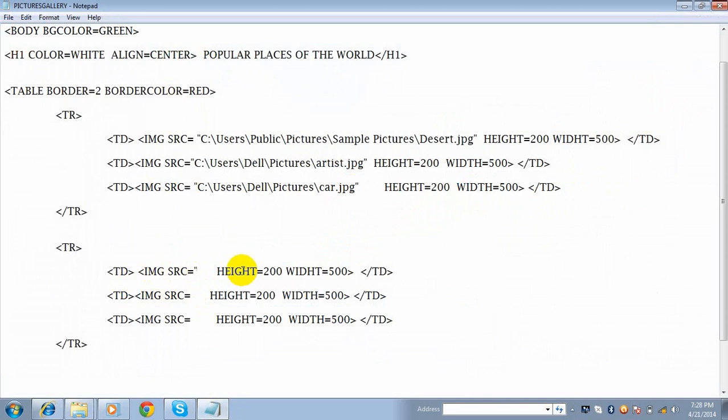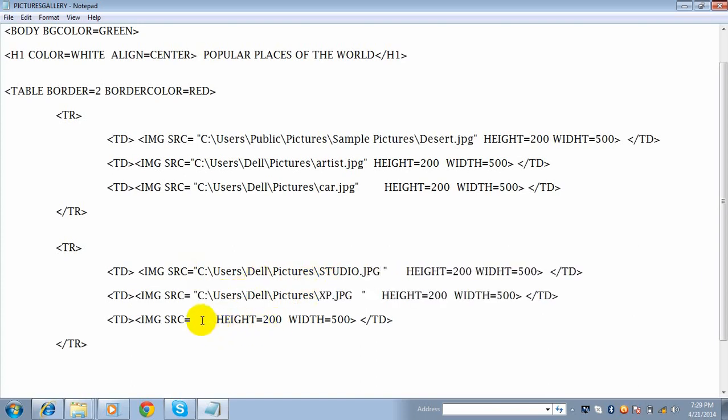Now open it, double quotation mark, closing double quotation mark. Now inside it, click paste. One slash more. The picture name is studio in capital letters, studio.jpg. Okay. Similarly, now inside double quotation mark, paste it. One slash more. Now the image name is nepal.jpg. Okay, double quotation mark, close.